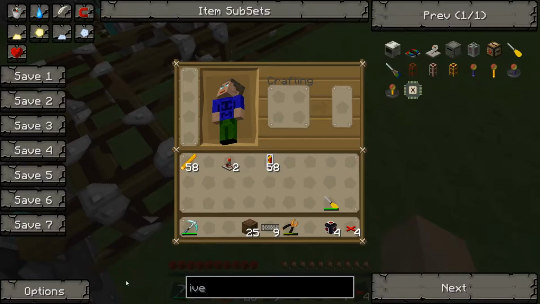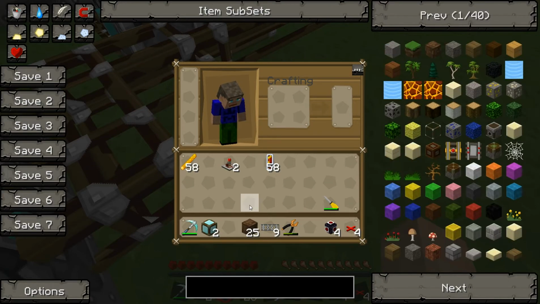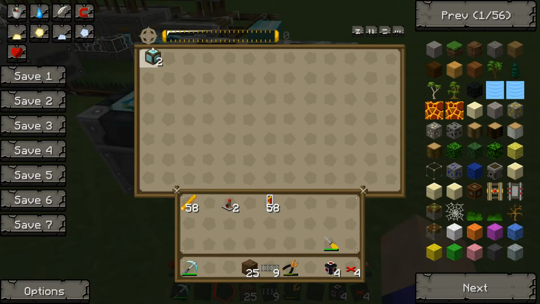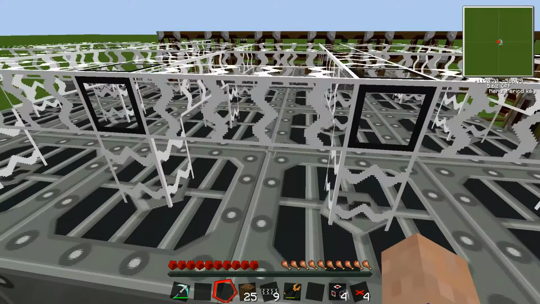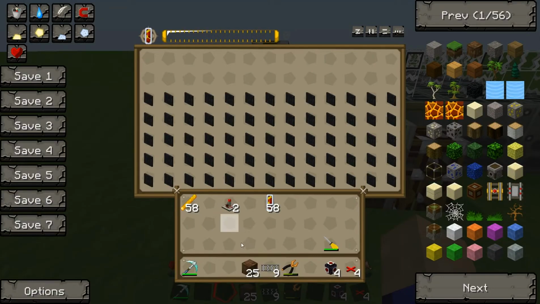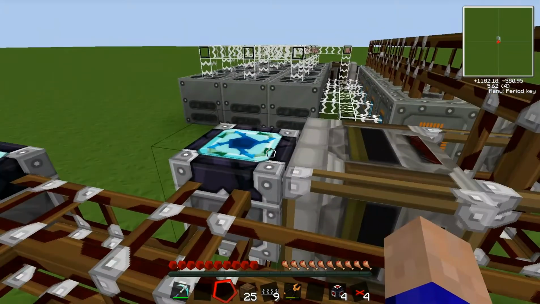Right, now let's say you want to make some diamond blocks. I mean, whatever you're making with the EMC it's going to take a while. So we'll have this one making diamond blocks, this one making diamond blocks, and then we'll put some lava cells in here, and we need to put the rest of the blaze rods in here,